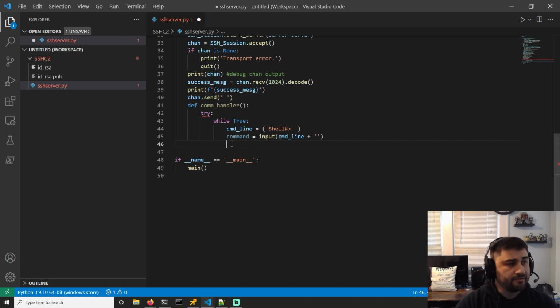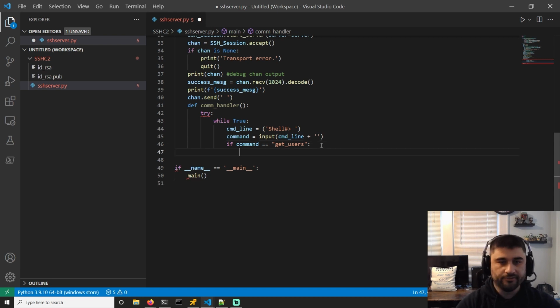So I told you earlier in the video we would include a couple of commands that we can run. Let's do that. So let's first do an if statement. Let's do if command equals get users. So if our command that we enter into our command line input here is get users typed as that, what we will do is command equals, so we're setting our command variable to, let's do WMIC